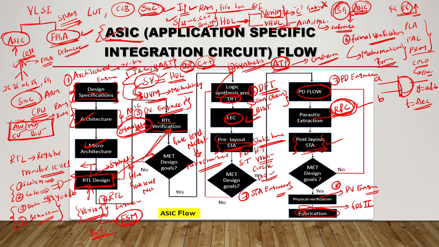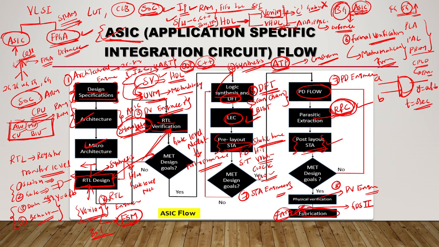Okay, so many things are there. You need to study about this fabrication, about diffusion and implantation, photolithography, and etching. And all those things. So we need to grow pure silicon through the Czochralski method, that is the CZ method. Okay, all those things are there in the fabrication. As a PD engineer, you need to know about this fab also. Okay, so this is about ASIC design flow.